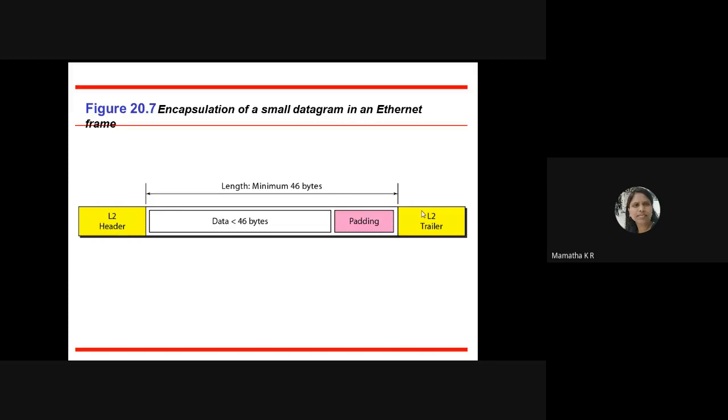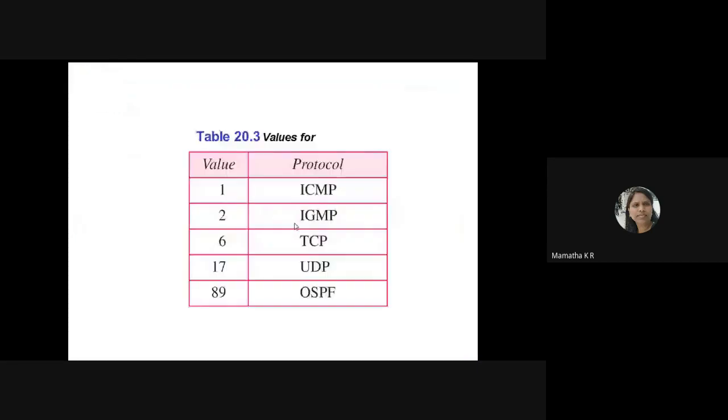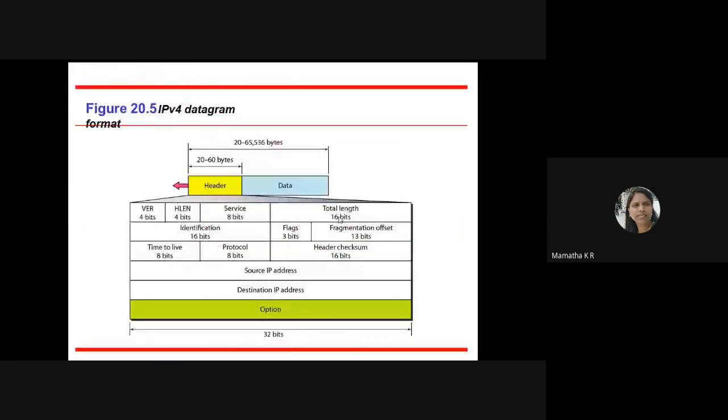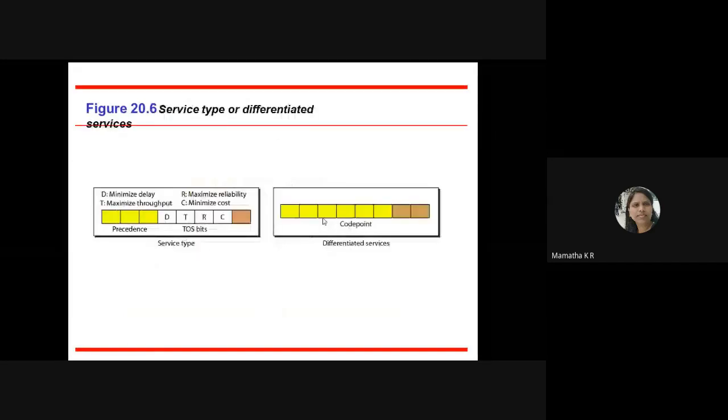So whenever we are doing this padding and all, length is important. So how much data do we actually have? So that when it comes to the network layer, we should know. So in order to know these things, total length is defined in this protocol. Total length is given instead of leaving header separate and the data separate. Okay, instead, total length is given.